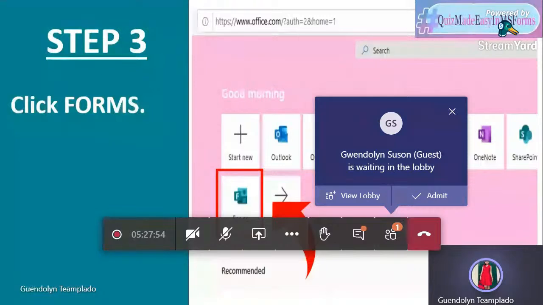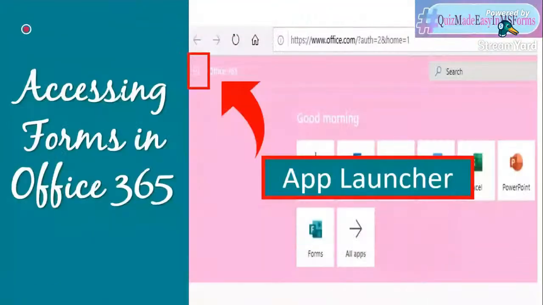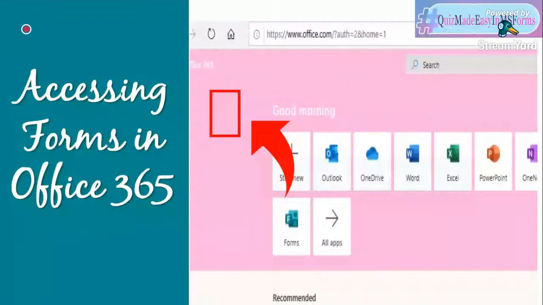Next. Okay. So you will also find it here, by clicking the app launcher, or as we call it, the waffle, because it looks like a waffle pan with the nine dots here. You can click it also. Yes, or you can also find Microsoft Forms by clicking all apps.